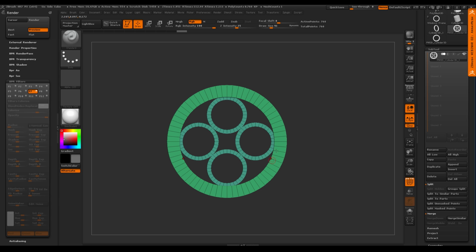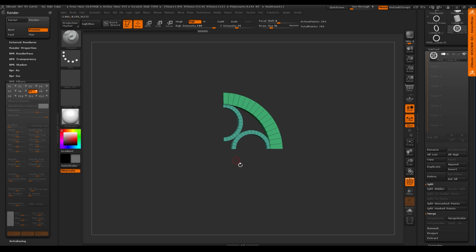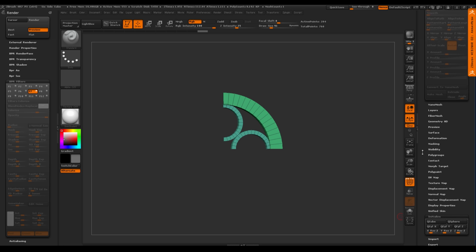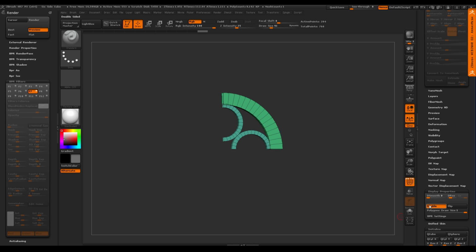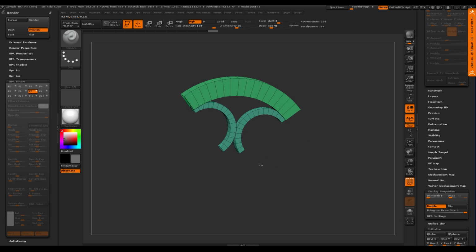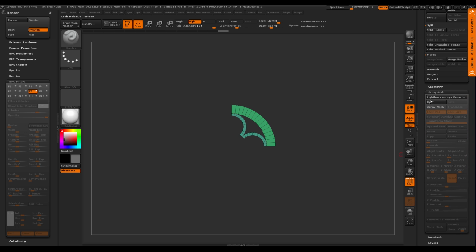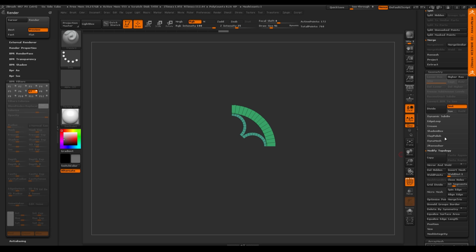So what I want to do now is say, I don't need any of that. Okay, and I don't need that. This is all I want. Perfect. Okay, and again, for the sake of you guys being able to visually see, I'm going to go down to my display properties and hit double. And then I'm going to say, you know what? I don't need these pieces right in here, right? So I'm going to say, that's not what I'm looking for. I'm looking more for something like that, right? So now I go, all right, let's delete what I'm hiding. So in the geometry, I say delete hidden.